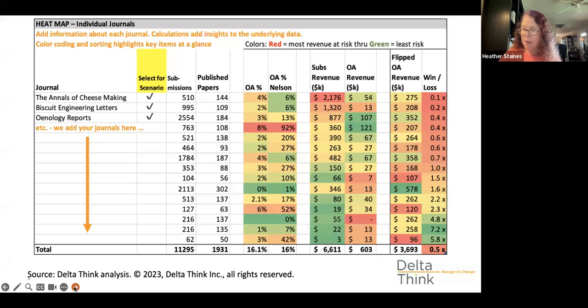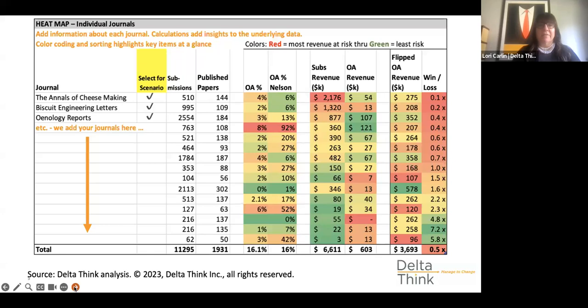Another thing that has come up in some projects is the number of institutional subscribers, because if you're thinking about moving, for example, to a subscribe to open model, you may want to know what types of resource requirements might come with shifting your sales force or your communications around an additional model, and how that might play out internally. So it can get into the dozens, if not more, of columns, basically customized for the publisher's needs.